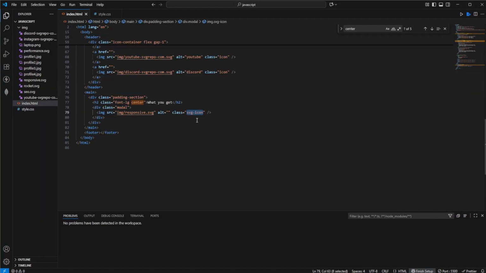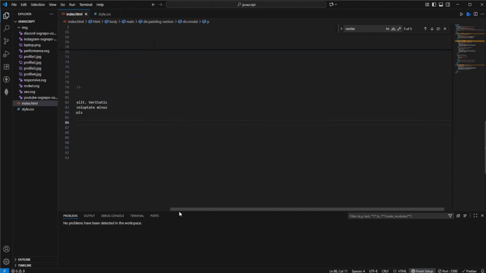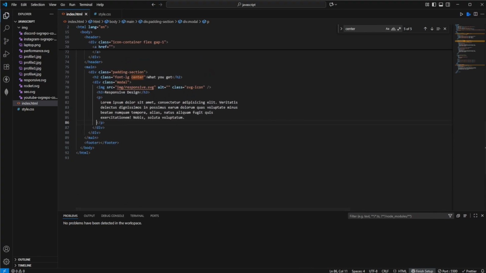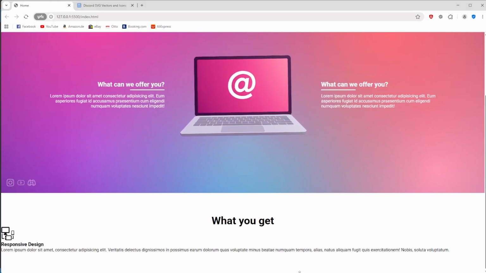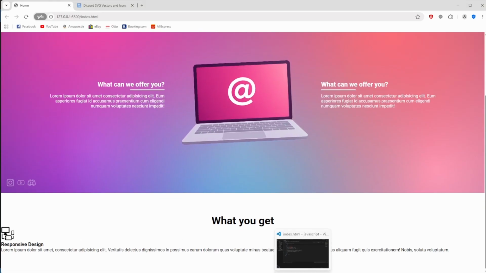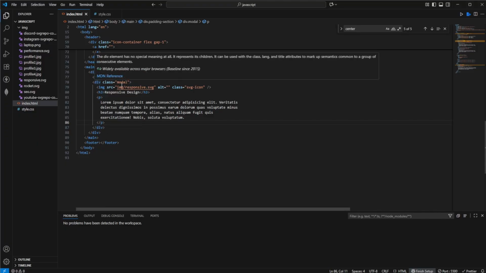And the next thing we want to have right below our image is an H3, for example, that says responsive design. And right below this responsive design, we probably want to have a paragraph with, for example, 30 words. We're going to save that one, and now everything looks like this. Obviously it doesn't look perfect, but we can change that by now saying that we want to use, for our modal, we want to use,